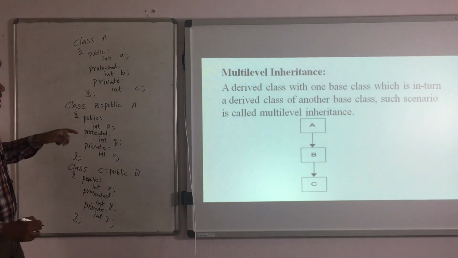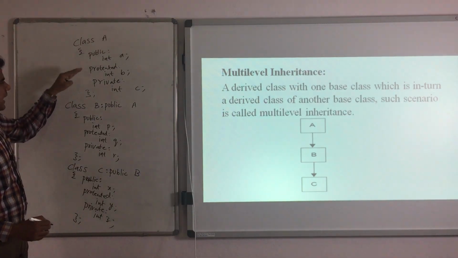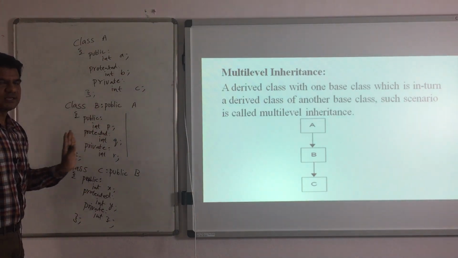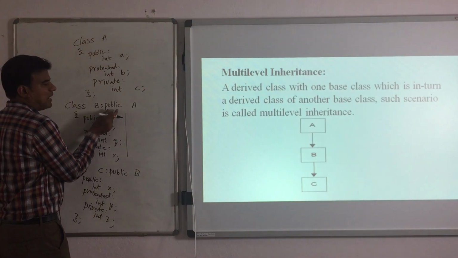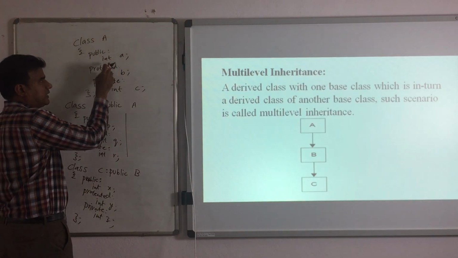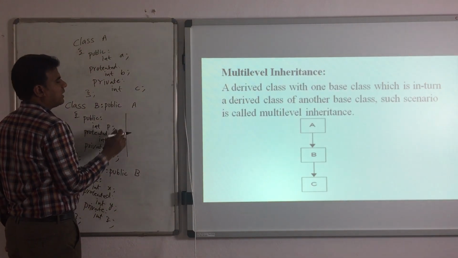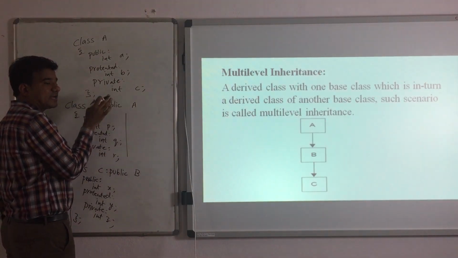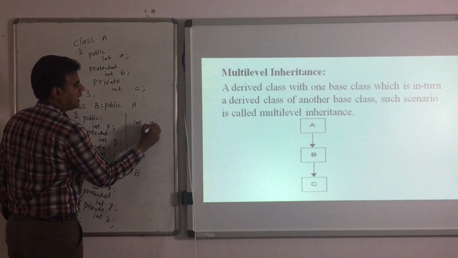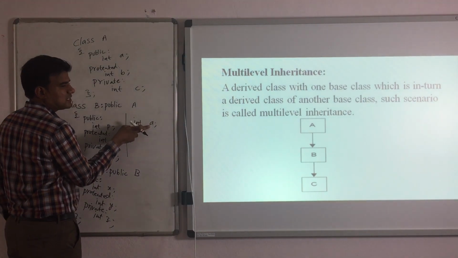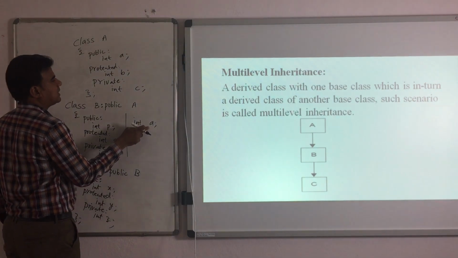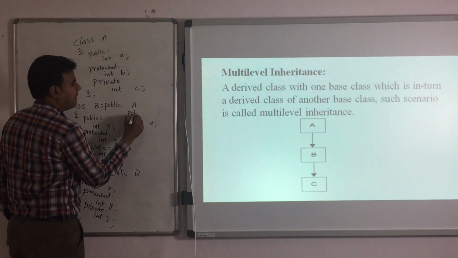Right now, we will see from A to B what data members we will get. That I am writing after this line. So what data members will I inherit? My mode of inheritance is public. So I will inherit all the public and protected members from the base class to the derived class, and their access specifier will not change. So I am inheriting int A. Whatever access modifier A has in the base class, it will remain the same in the derived class. So right now my access modifier will be public.